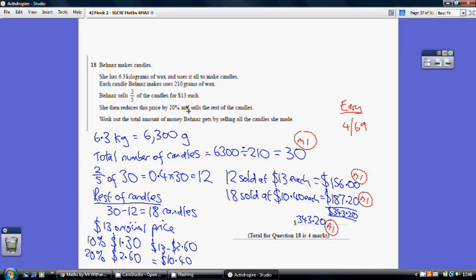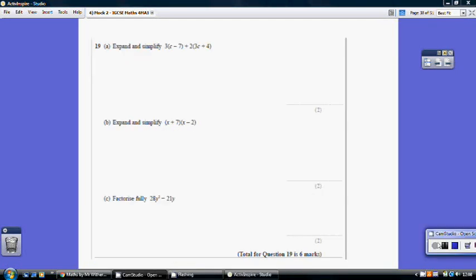Now, we're then told that she reduces the price by 20% and sells the rest of the candles at this price. So how many candles are the rest of the candles? Well, we have 30 in total. 12 were sold at full price, so the rest of the candles must be 30 take away 12, which is